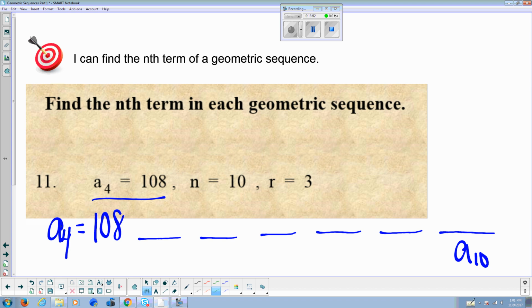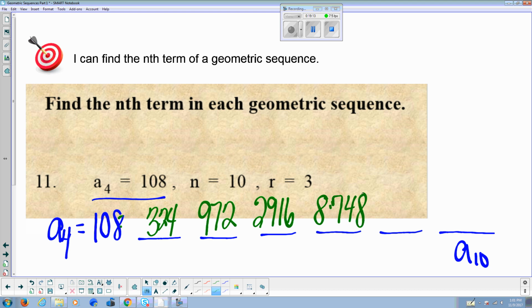So 108 times 3 is 324. And 324 times 3 is 972. And 972 times 3 is 2,916. And 2,916 times 3 is 8,748. And 8,748 times 3 is 26,244. And 26,244 times 3 gives me that the 10th term of this geometric sequence is